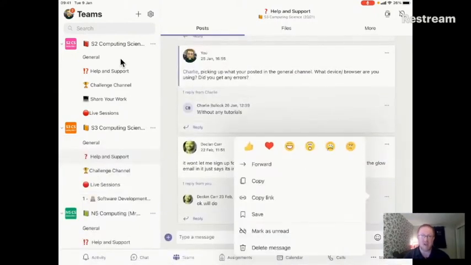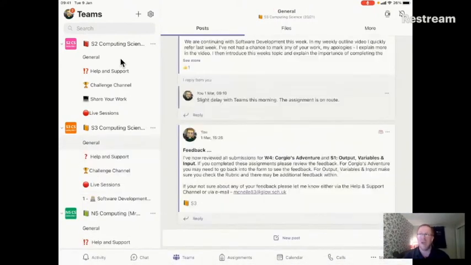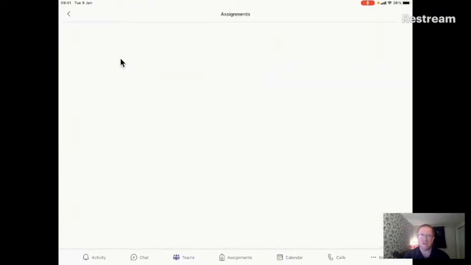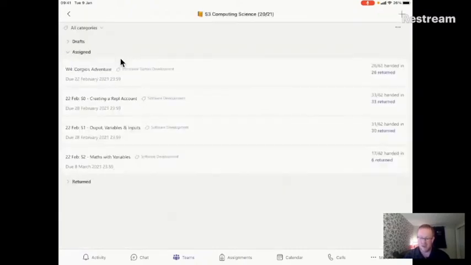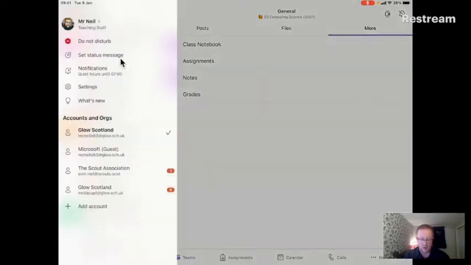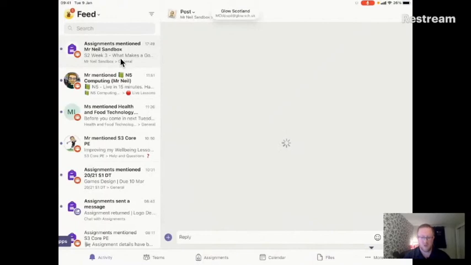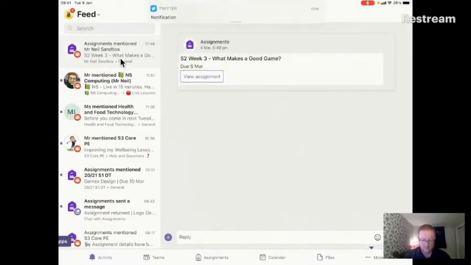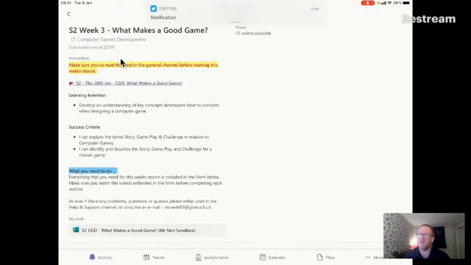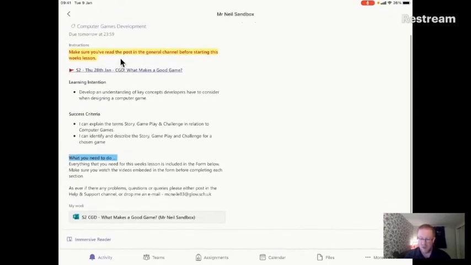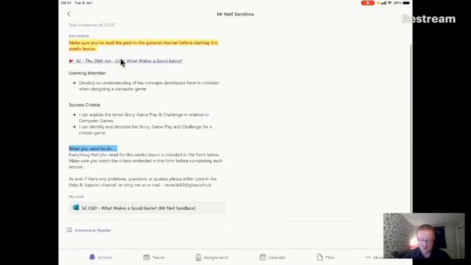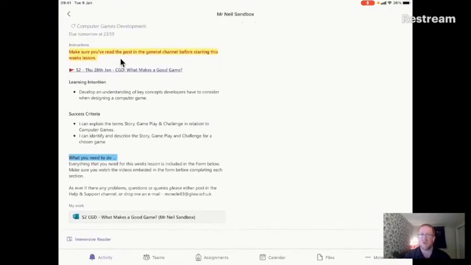To get into our assignments on the iPad, it is in a similar position in that we click on the More option and then we can see assignments there and we can access our assignments in a similar method. And again, we can get Immersive Reader in here as well. So if I show you an assignment with Immersive Reader, let's just go and have a look at this assignment here from one of the ones that I've sent. Immersive, there we go. So down the bottom on the iPad, we have got Immersive Reader there,